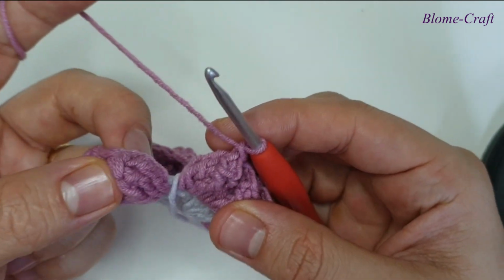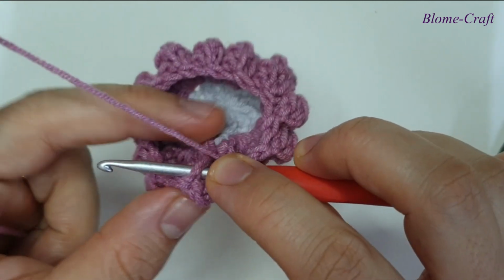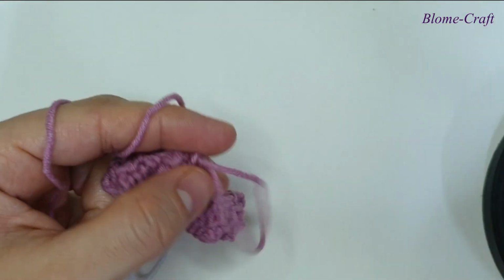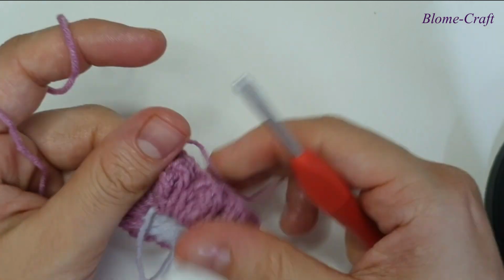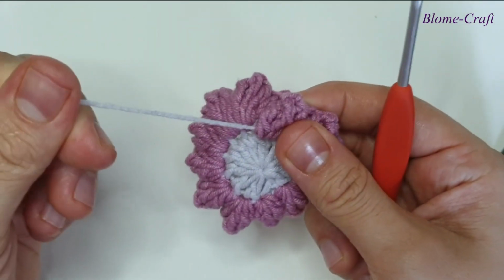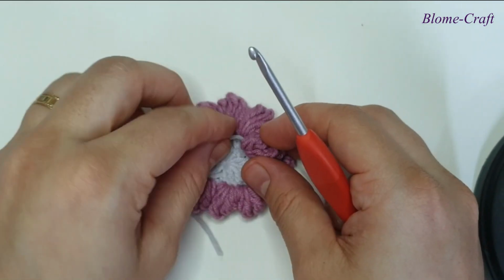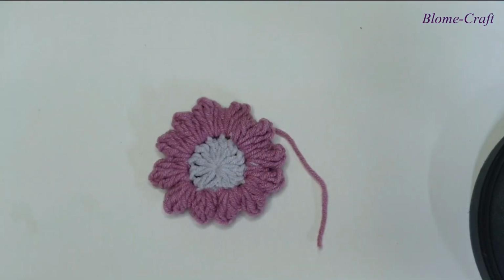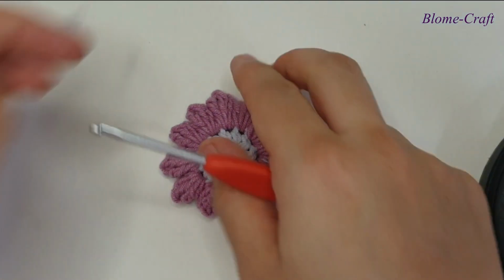Now that I have reached my end, I'm going to insert the hook at the top of my first popcorn and do a slip stitch, yarn over and cut the yarn. As you can see, while I was creating my popcorn, I was working around the extra yarn. So now that I don't have any of the extra gray, I'm only going to cut it because it's already secured enough. Now I'm going to insert the white,